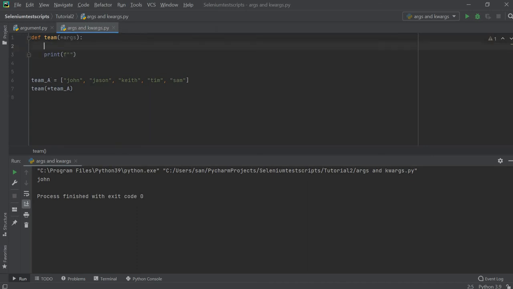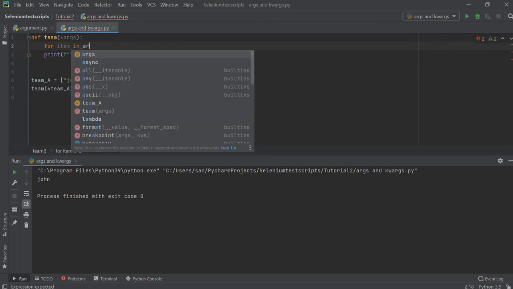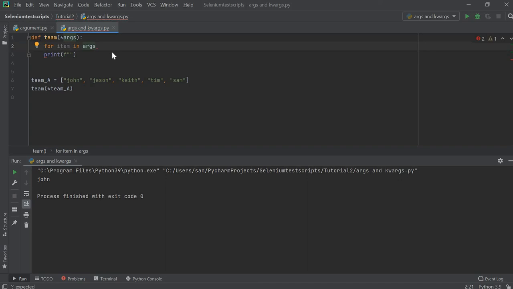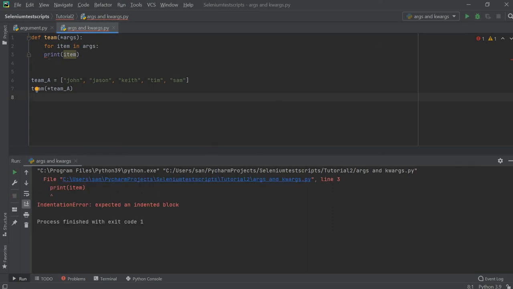Okay, so I'm going to use an f-string and print all the values. For that you have to use the for loop, right? So for item, which is a new variable, in args, that is the name. Here you need not put the asterisk. So for item in args, the values from args are saved one by one inside item, and we are going to print this item. Let's keep it simple right now. Okay, so I just printed the item. Is there any error? I don't think so. Yeah, print item. Okay, indentation is not done properly, I think.